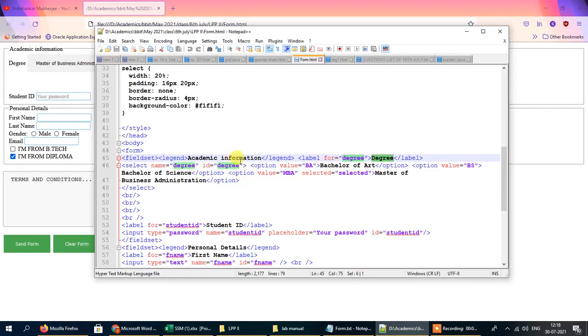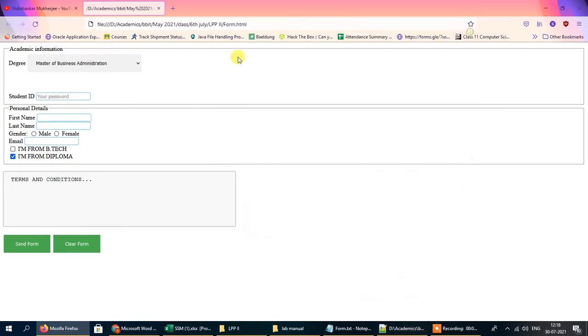Here you can see that first of all we have given the label part. Why is this label section given? The label is given because if we click on this label, the element associated with this particular label will get selected by default. Here also in this personal details section I've used labels for first name, last name and so on.